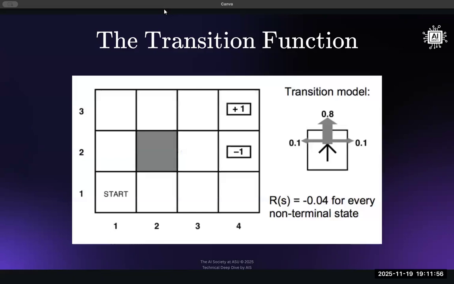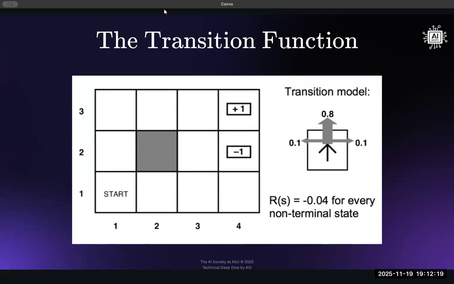And so here's a little diagram. Each of these little cube grids are states. So you would start right there, and you can move around. You can move to the right, you can move to the top, or you can't move to the bottom because there's no probability associated with that. But the probability of going to the left is 1%, right is 1%, and then forward is 80%.